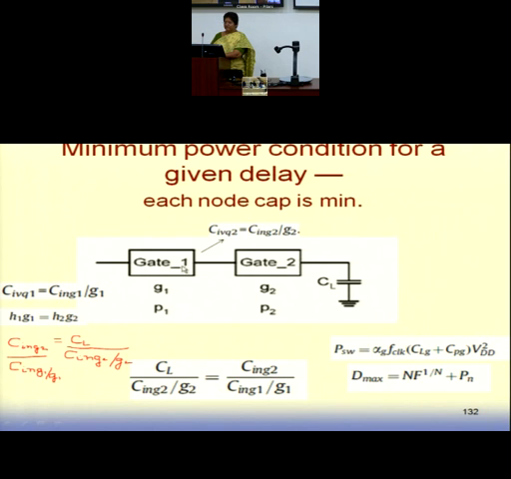The total D is the delay of this plus the delay of this. In the case of power, this would be the total power consumed by this and the total power consumed by this. Addition, total power equation, which can be written in terms of alpha times GH plus P. And then you minimize it with respect to the capacitive load, the optimum capacitive load that you should have over here. That's what we do in the case of delay also.